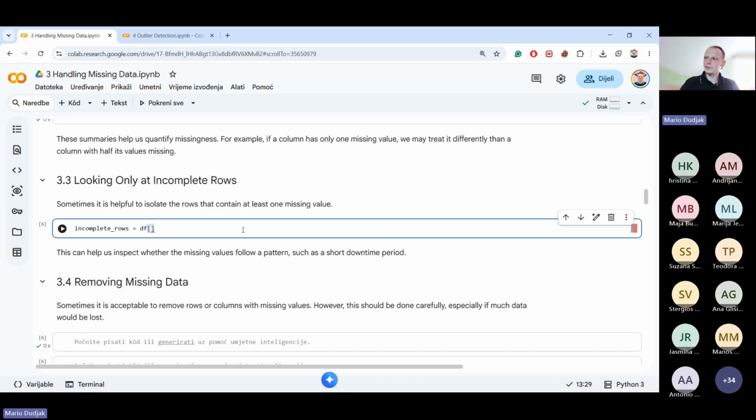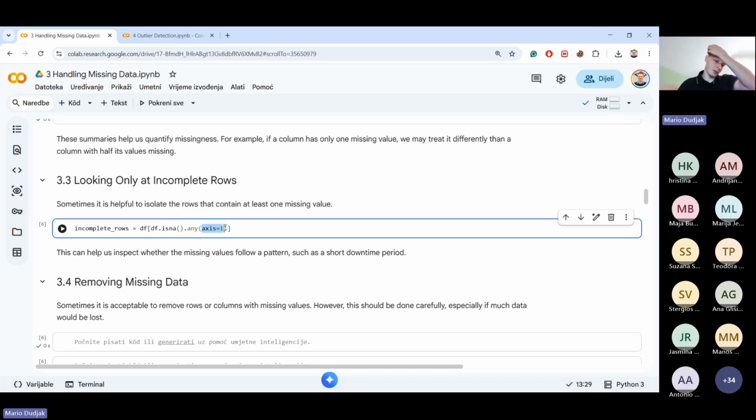So isNa determines whether there is any missing value. So we can call isNa on the data frame and say, okay, if the data frame has any missing value, if there is any,